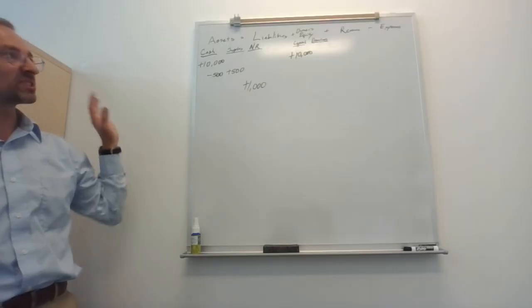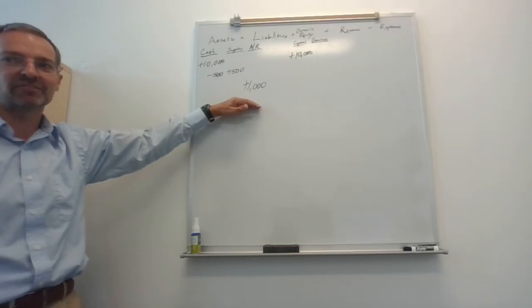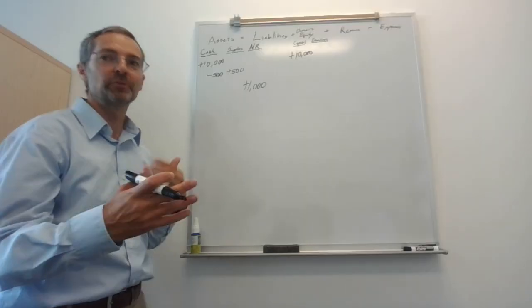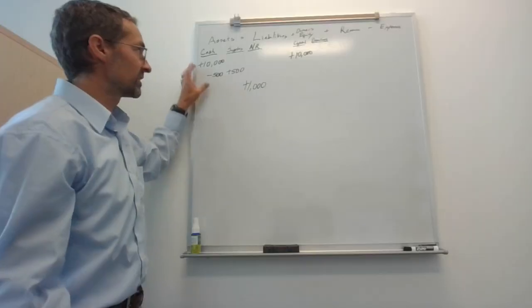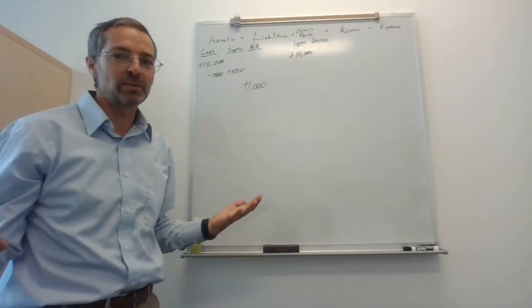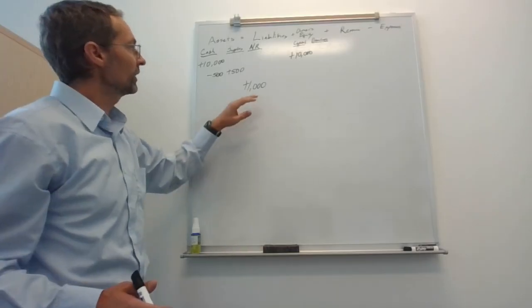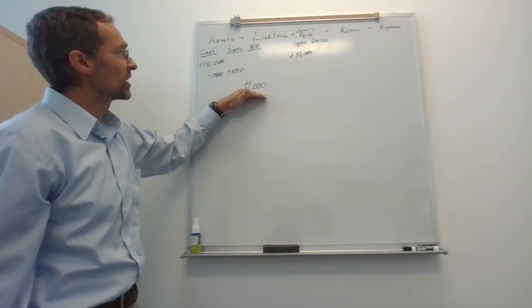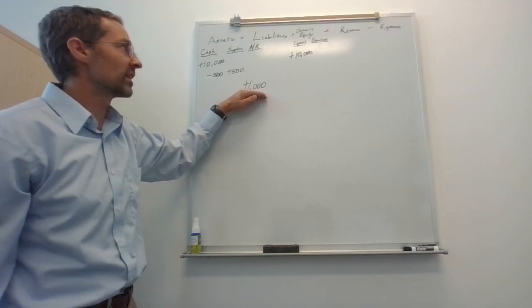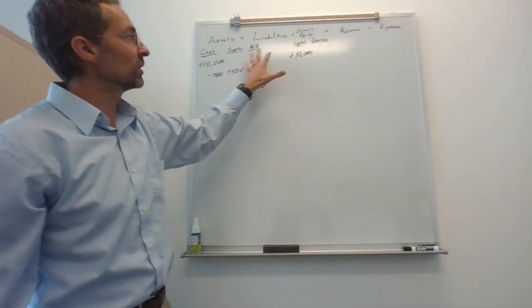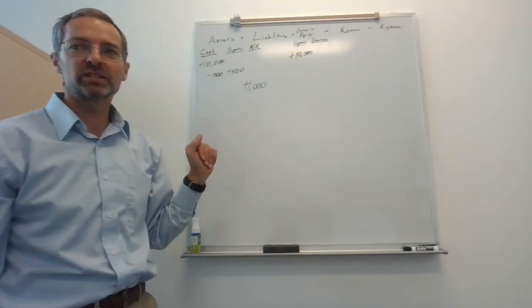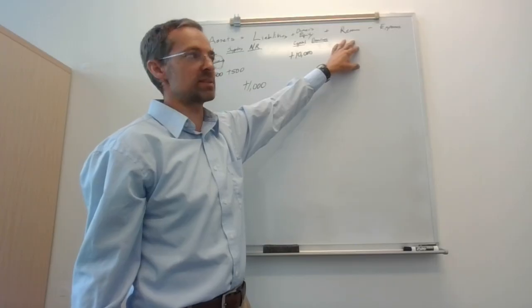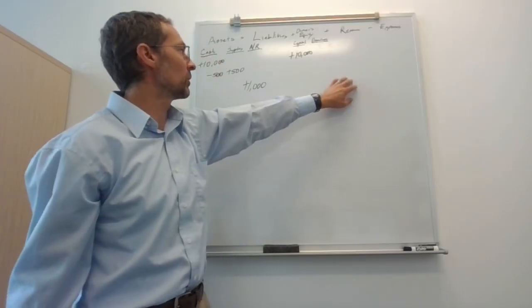Now let's see what else happened in our equation, because we will always have at least two things happening in the transaction. You may have noticed that in the previous two transactions we have to have at least two things happening or the equation doesn't work. So if someone owes us $1,000, we ask ourselves, well, why? Why do they owe us $1,000? And we look through everything, and what fits the situation, we might say, oh, revenues. We did some work. We earned some money. We did some work, and that's why they owe us.